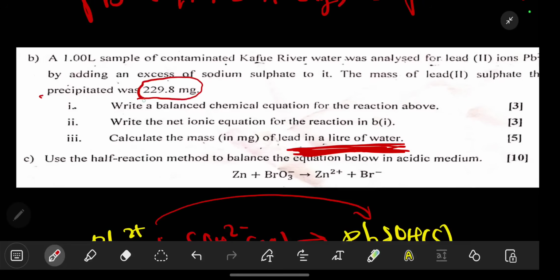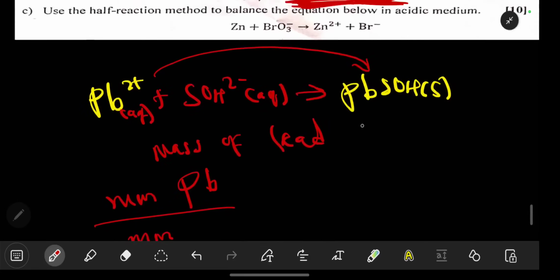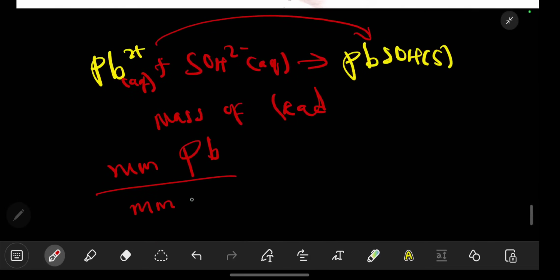The precipitated mass is the final mass of this. So the molar mass of PbSO4, then we multiply by the total mass